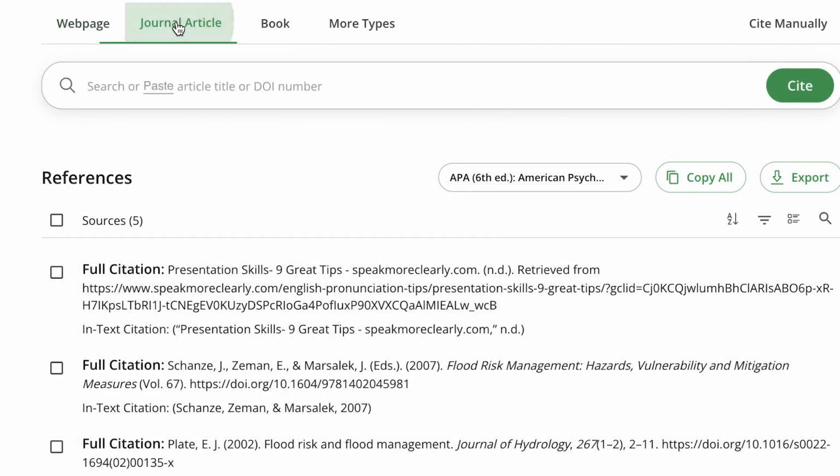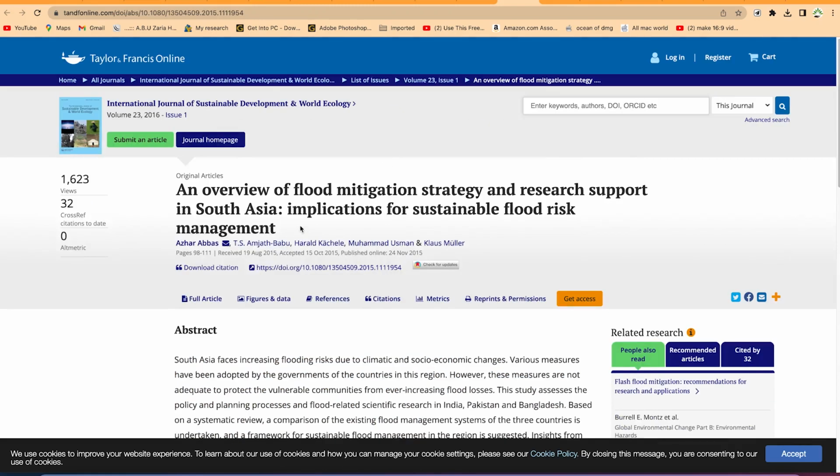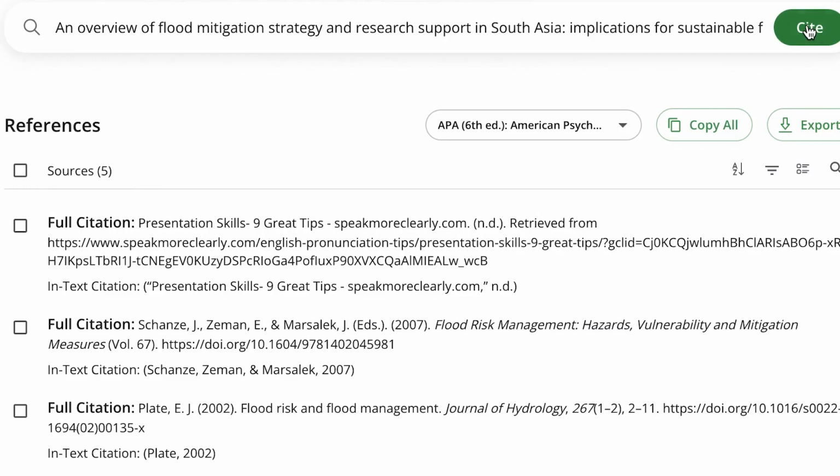Okay, so if it is a journal article, for example, like the journal articles we've worked with, what we are interested in as the input is the article title or the DOI number. If you have the title, fine. If you don't, you can copy the DOI number and paste it. For this article, you can copy the title directly on its own, paste it and say cite,